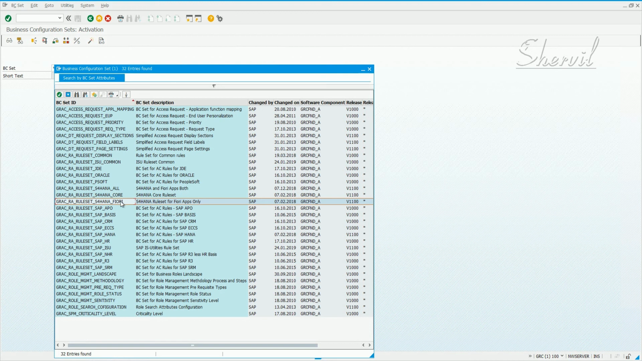S/4HANA_FIORI delivers the rule sets for Fiori apps only. S/4HANA_CORE delivers the core rule set for the S/4HANA system, which includes the OData services related to the Fiori apps. These two are for the old approach, where you needed these two BC sets to be activated. And for the new approach, the one which SAP supports, you need S/4HANA_ALL, which includes